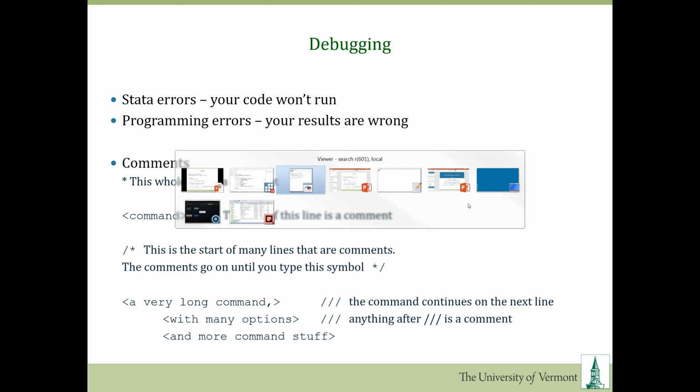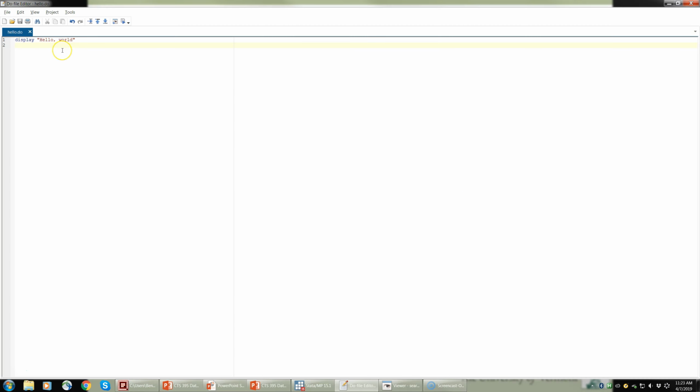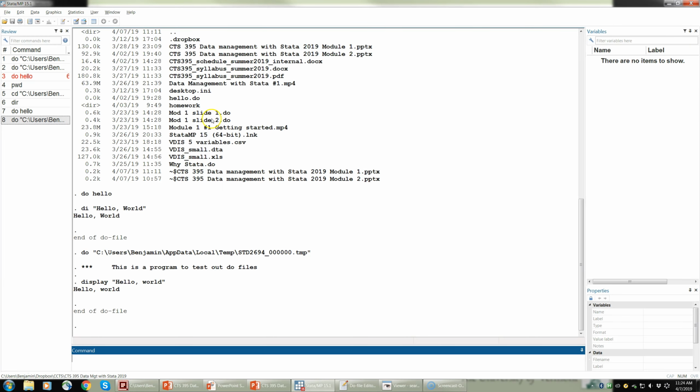So we can go back to our script and perhaps at the beginning of the script, put in a star, or 2 or 3 if you like, that says this is a program to test out do files. And now when we do a Control-D, or do the file, we can see the comment in there and the commands, and it didn't do anything different, it just printed out